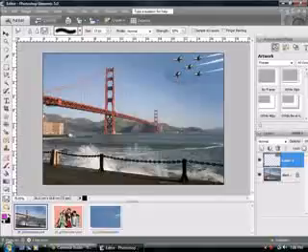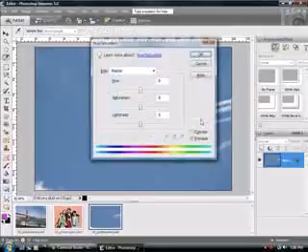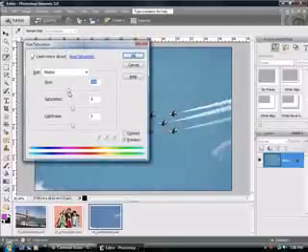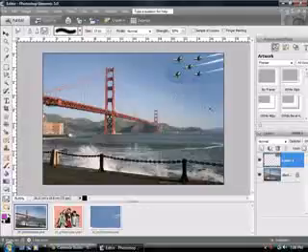I should really be working on the bottom layer as well. I'll just undo all that. The other thing you could do back at the original picture is to use Control key and U, and that's your hue and saturation. You could make that a little bit lighter or darker. That should blend through a little bit better, I think. So I might go back there and undo,